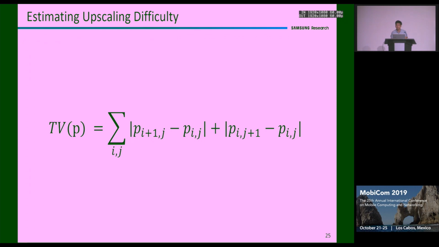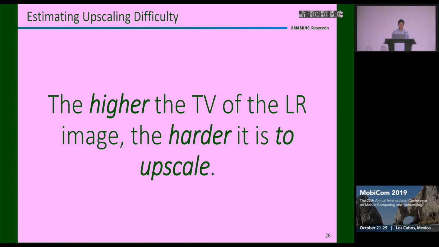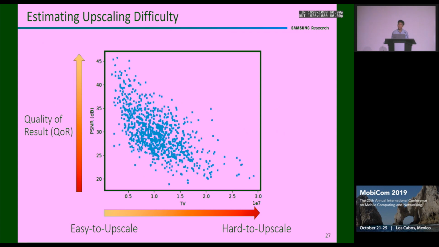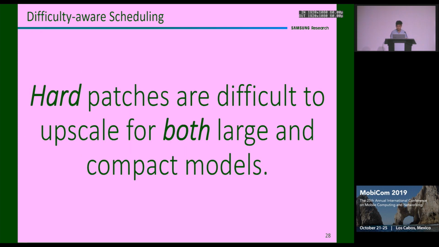By estimating the upsampling difficulty of each image patch, we are able to find two interesting key observations. One of which is the higher the TV of the low resolution image, the harder it is to upscale. So on the y-axis here, you have the PSNR of the upsampled image using one of our models. And the x-axis here is the total variation of the low-resolution image. And you could see that the lower the TV of the low-resolution image, the closer the upsampled image would be